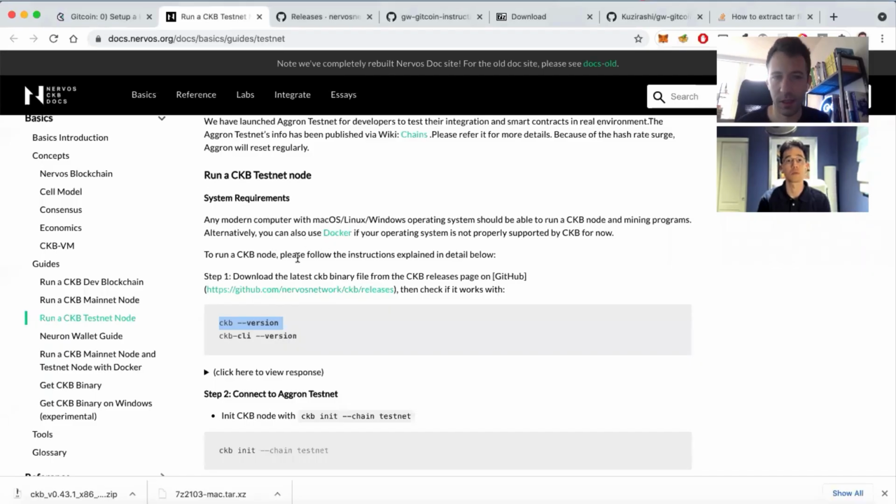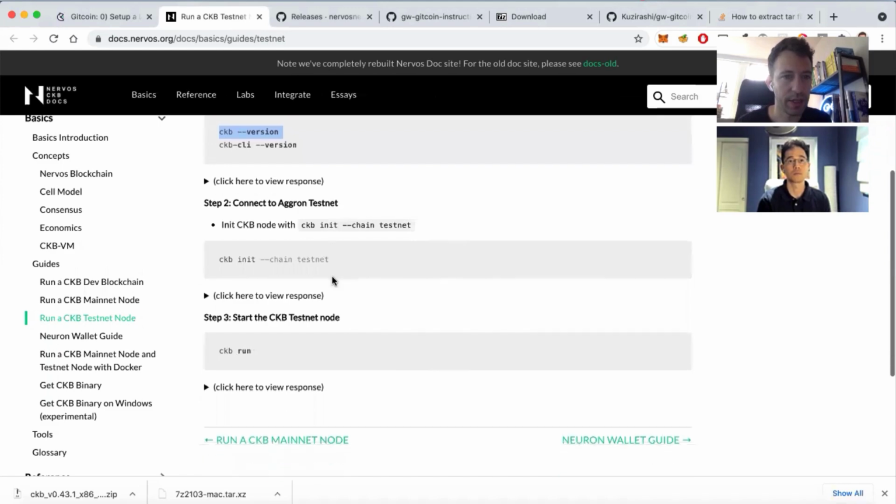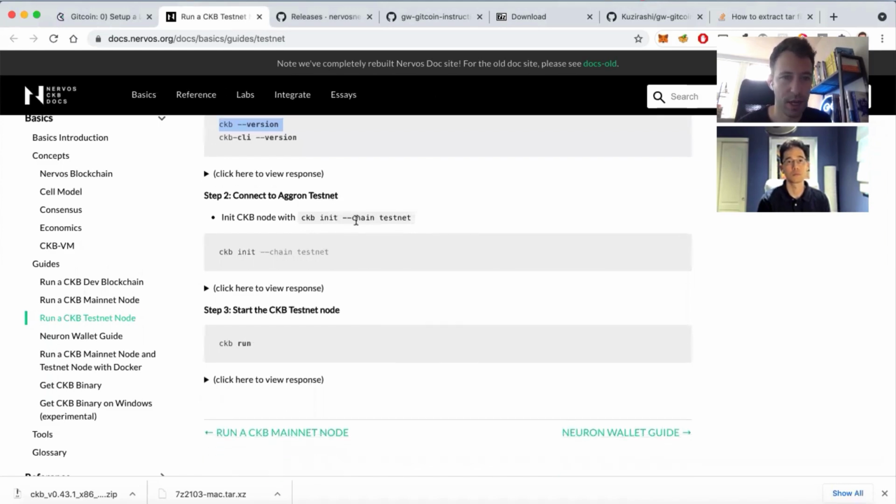Then what's the next part of the instruction? So connect to the Aggron testnet. So Aggron, is it an L1 testnet? That's right. This is the layer 1 main testnet. It's a shared testnet that everybody's going to be using. Okay, so I guess it's like the testnet on Ethereum. We can get some free crypto to pay for our transactions. Exactly. Nothing has any value on the testnet, so we'll be able to use the faucet to get some free